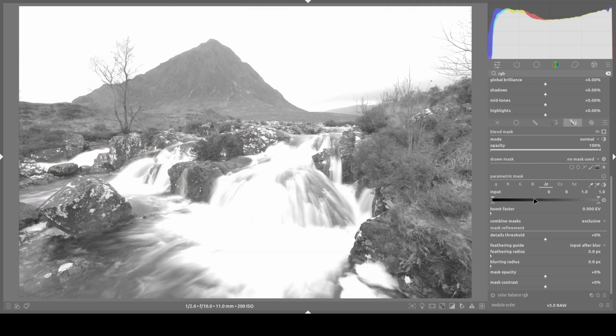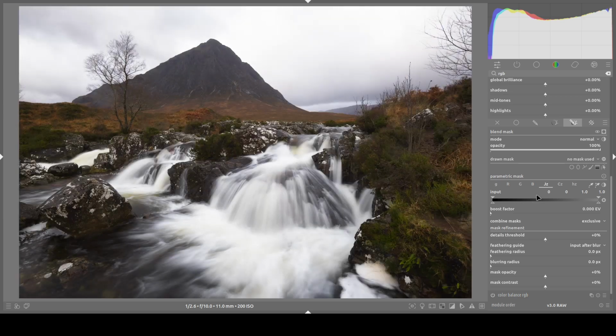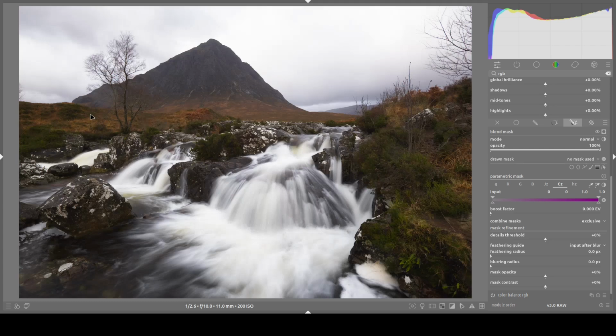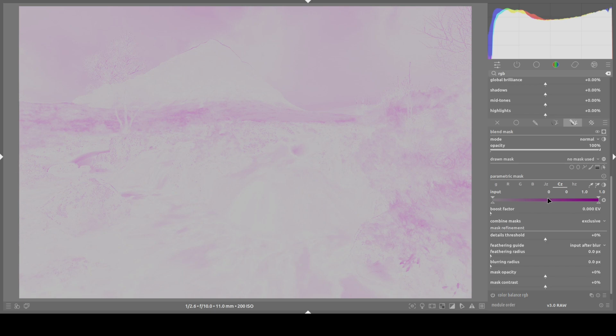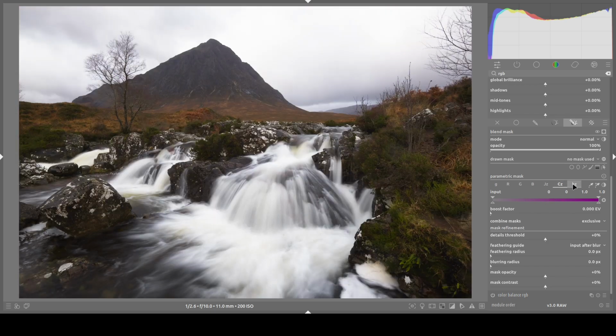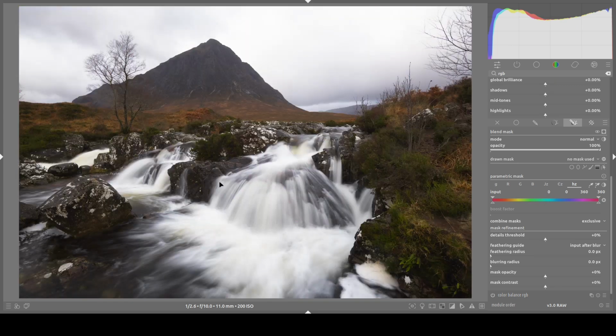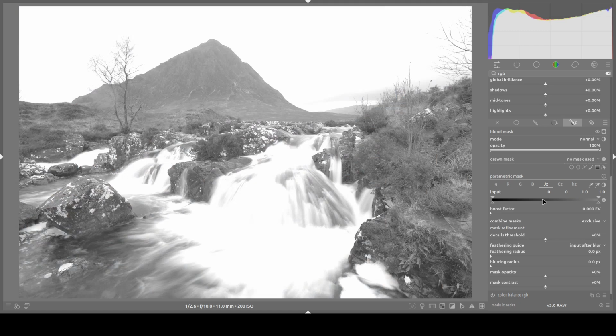A lot of difference there. You can see that the waterfall is very stark white. The CZ, the chroma, so the saturation, if you like, which is fairly global across the image. We can see that the brown heather here is a little bit more saturated than the grey rocks, the waterfall, but not standing out that much. And then the hue channel, so the different colours in the image. Again, not too bad. There is some isolation, but not a great deal. I think our best bet is probably here in the JZ. So let's